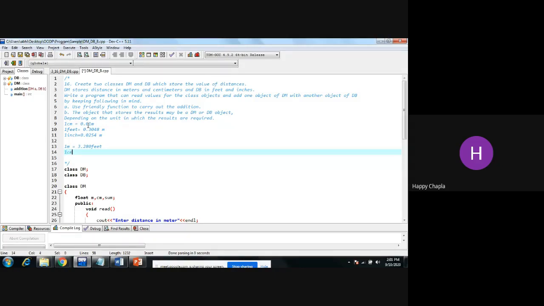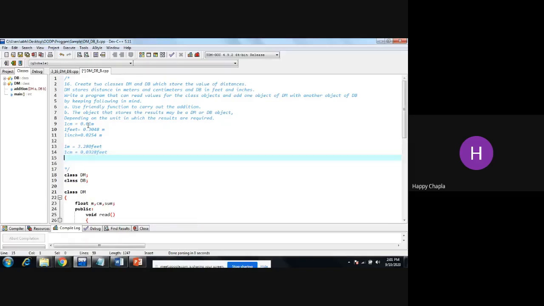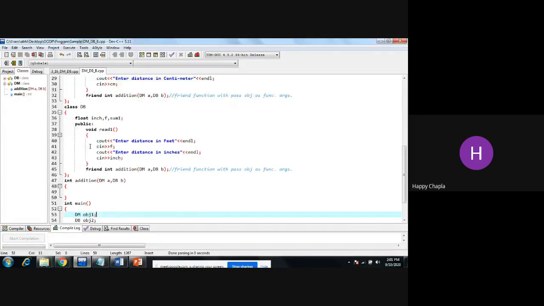1 centimeter is equal to 0.0328 feet, and 1 inch is equal to 0.0833 feet. Okay, so we have that conversion with us.